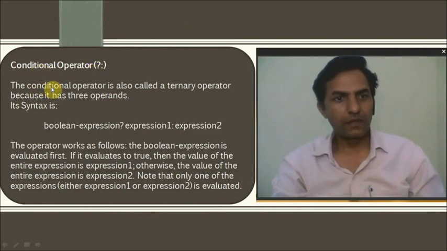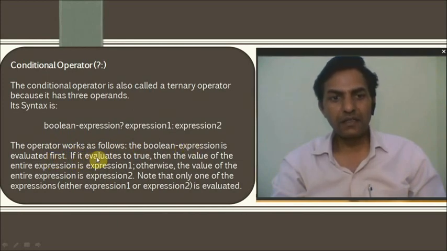Conditional operators. The conditional operator is also called a ternary operator because it has three operands. Its syntax is Boolean expression, question mark, expression 1, colon, expression 2. The operator works as follows. The Boolean expression is evaluated first.